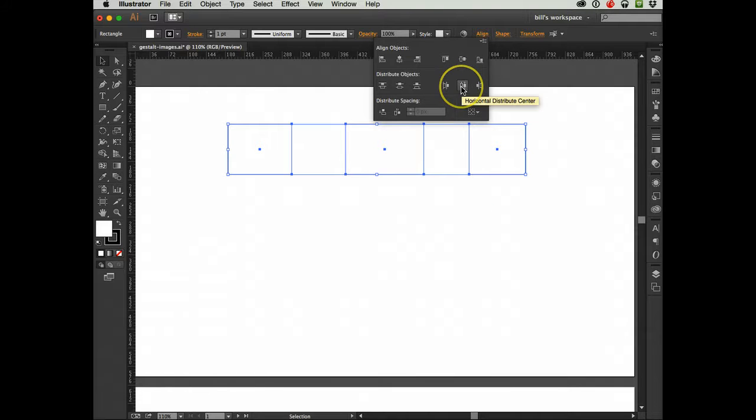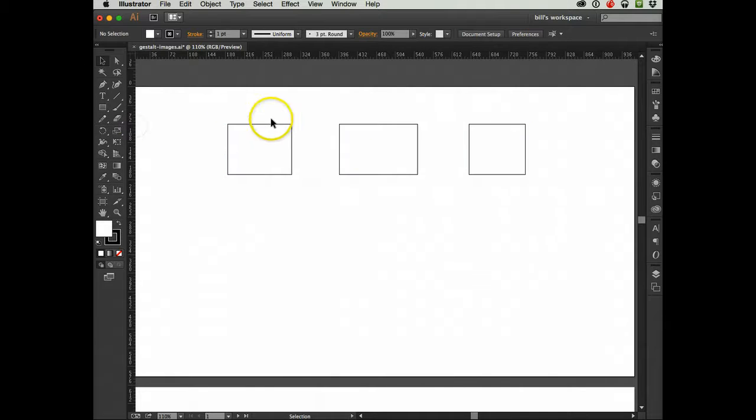Now what I'm going to do is distribute them horizontally, and I'm going to click right here. And what that's done is given me an equal space between the objects. And the reason that it did that is, remember, that I have align to selection. Okay. Now, if I would select the object, and I'm using my selection tool, okay,